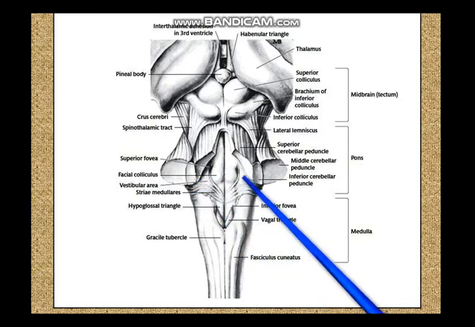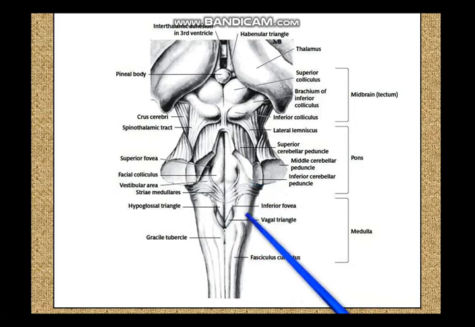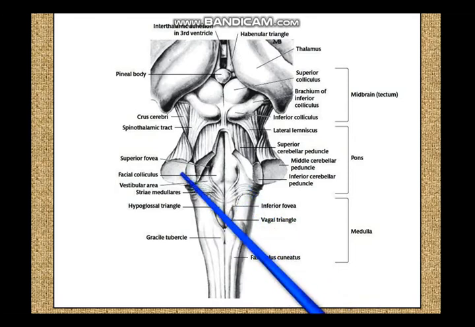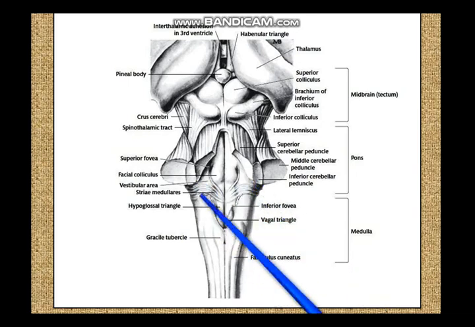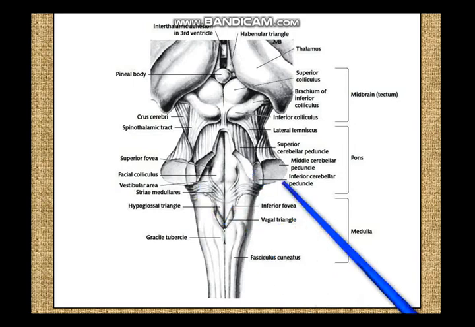And the whole thing is that below this stria medullaris, this triangular lower part of the floor of the fourth ventricle looks like the nib of a fountain pen. Previously scribes used to use this kind of fountain pens which were dipped in ink, and because this looks like the scribe's fountain pen, it is called calamus scriptorius, that is a scribe's nib. So it looks like a nib of a scribe, so it is called calamus scriptorius, the triangular lower part of the floor of the fourth ventricle below the stria medullaris.